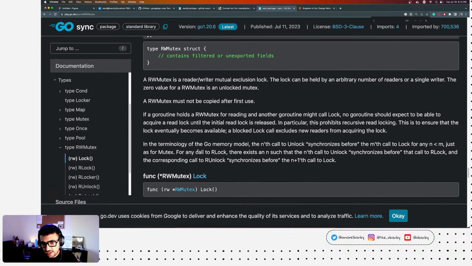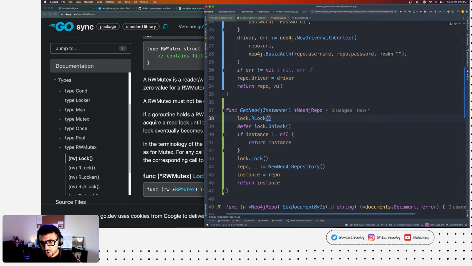But is there any real benefit of doing this right now than just using a simple atomic lock like what we did earlier, where we just use a regular lock? Right, I see. Okay.